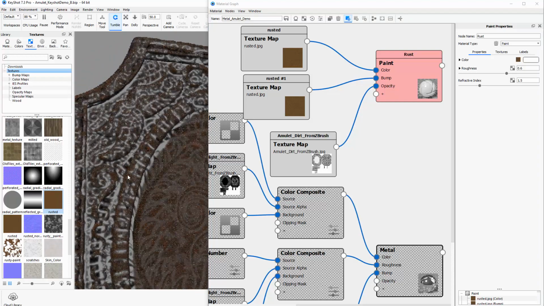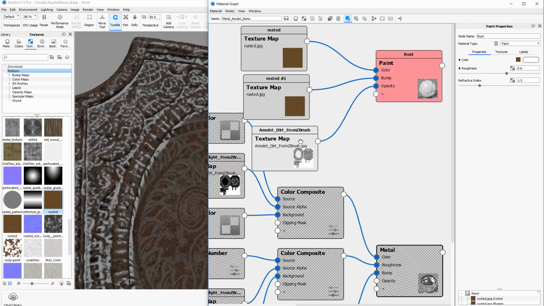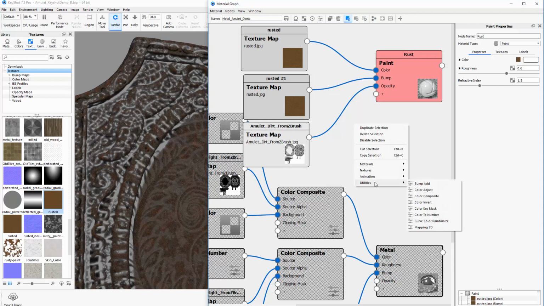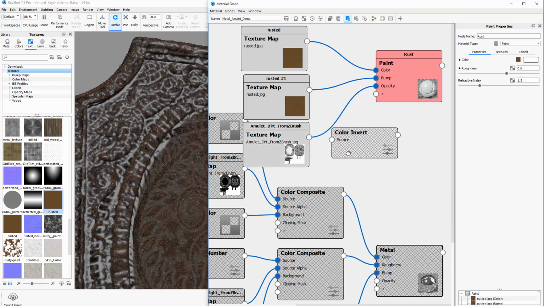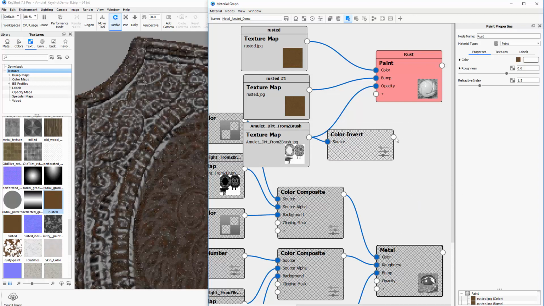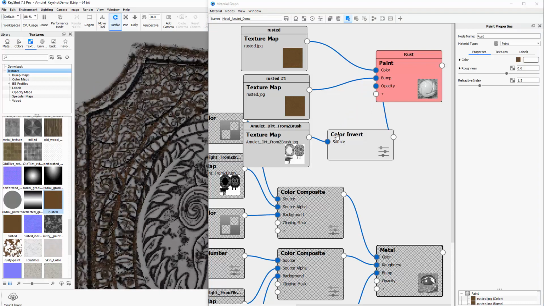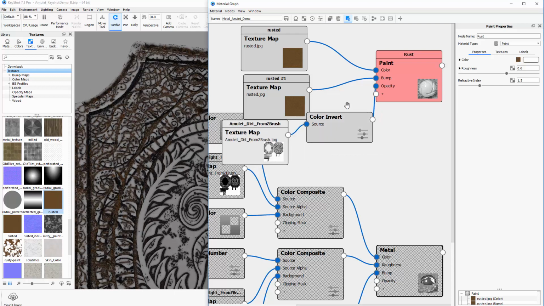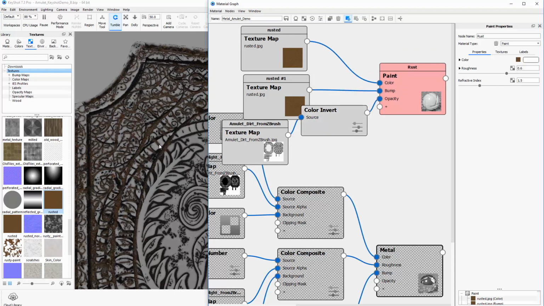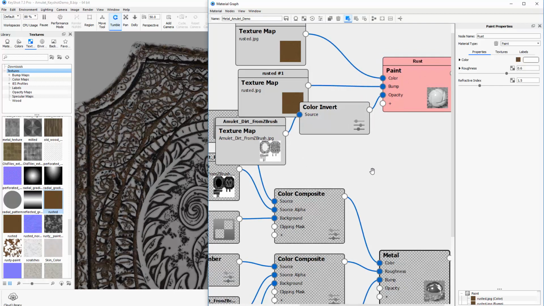The thing is it looks like it's sitting on top. So I think we need to actually invert this mask. So let's come over here, right click, utilities, color invert. We'll plug this in here into the source, and then we'll plug this into the opacity. There we go. That's what we need. Cool. So now we have basically our rust material,